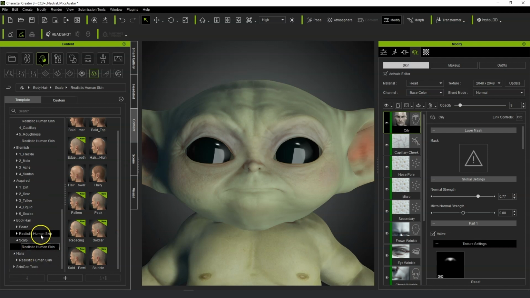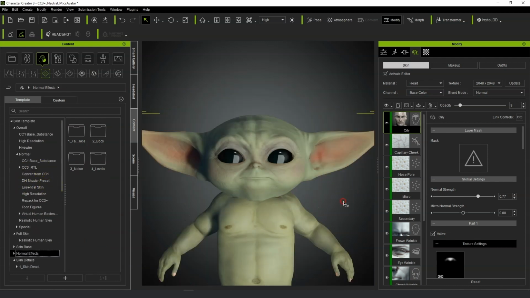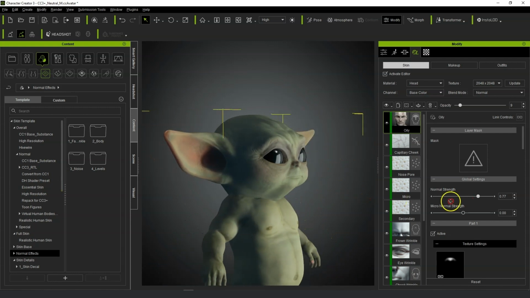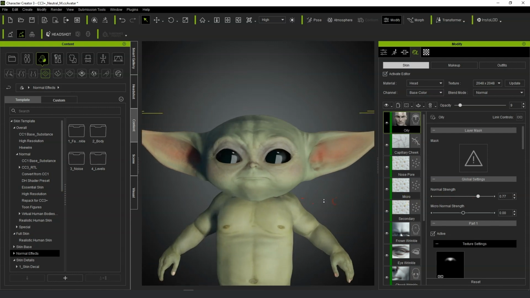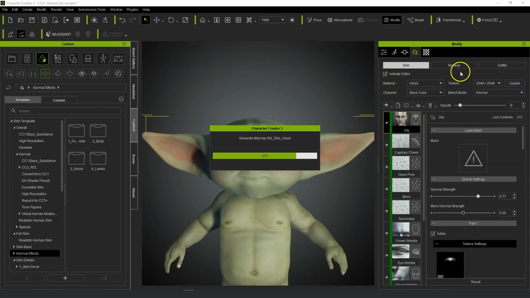I think it'll look good with some hair on him as well, which we might have a look at later on if we get time today. But overall, that's not looking too bad. That's a bit of detail in there. Let's go to